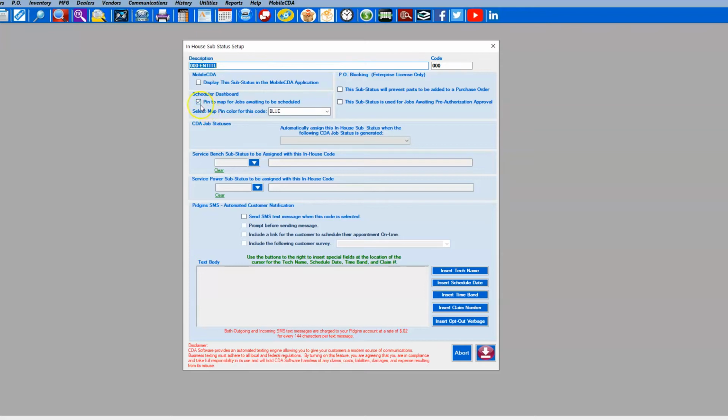Now I clicked on it, and there's a new area called Scheduler Dashboard. We can enable or disable this checkbox. Currently, because it has a check, it is enabled, and it says Pin to Map for Jobs Waiting to be Scheduled. So all the claims that are in this substatus of 000, because we have it selected, are going to populate on that map. When they populate on the map, they're going to get a color of blue. So you'll be able to identify all the claims waiting to be scheduled